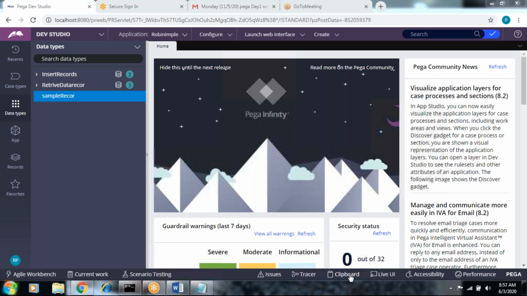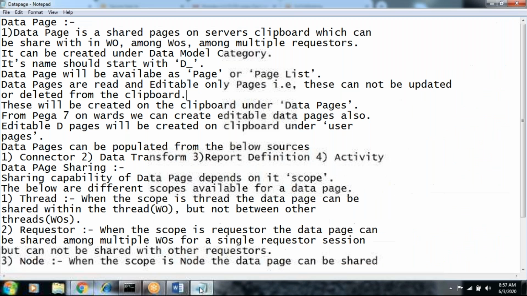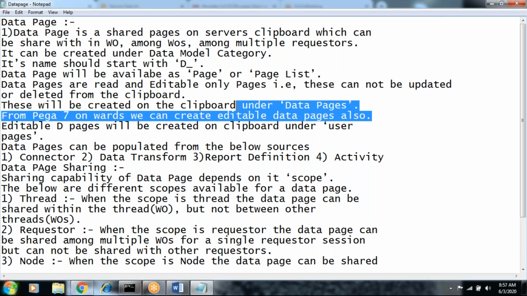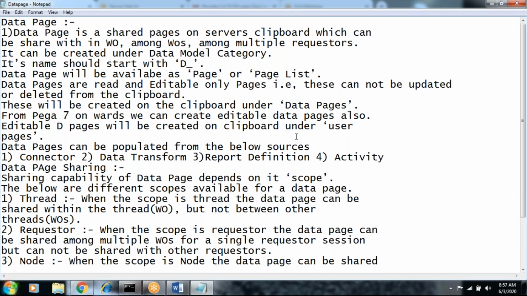In the clipboard, a data page is one of the pages in the clipboard. Okay, D underscore, these are all. This will be created on the clipboard under data pages. From Pega 7 onwards, these are editable data pages also. Before 7, these are read-only pages, but the name was also different. This is a declarative page before 7.